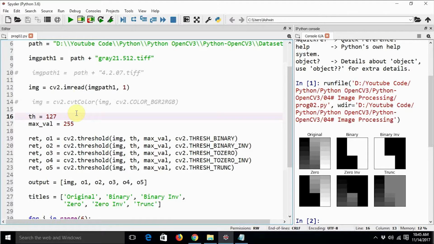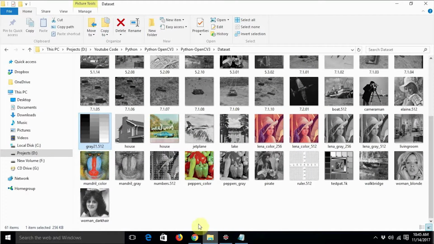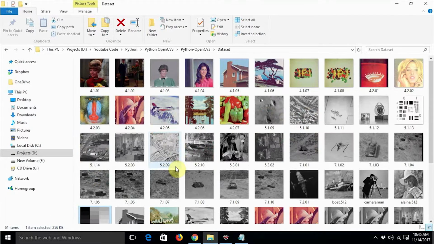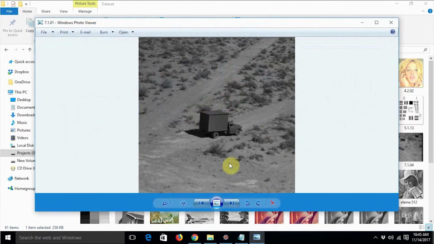One of the cases is when you have an image in foreground plus background format. See this image as an example. This is a truck. This is part of our standard set of images, and I have uploaded a separate video tutorial on how to acquire these images from online sources. So you can go ahead and acquire these images. This is one of those standard images. In the background, we can see the desert and the grass and all that sort of stuff, and in the foreground, there is the truck.